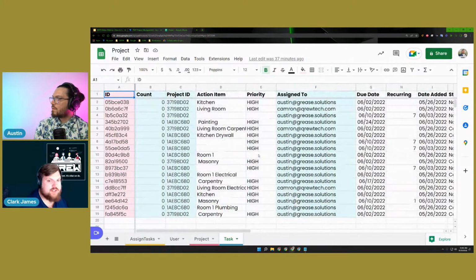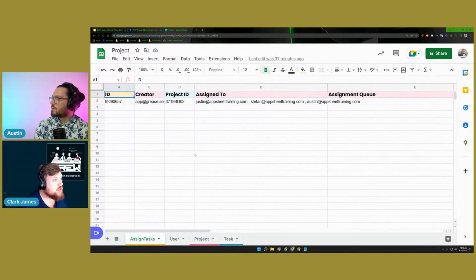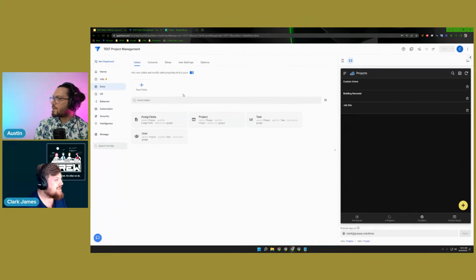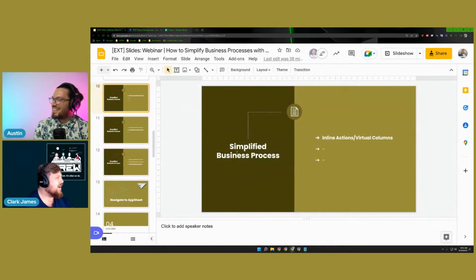So pretty standard stuff. Hopefully everybody can see my screen. Yeah, 200%. And then we also have this assigned tasks table, which we won't be using today, but we could. So stay tuned. Yeah. So to start us off, I did want to share on this inline actions / virtual